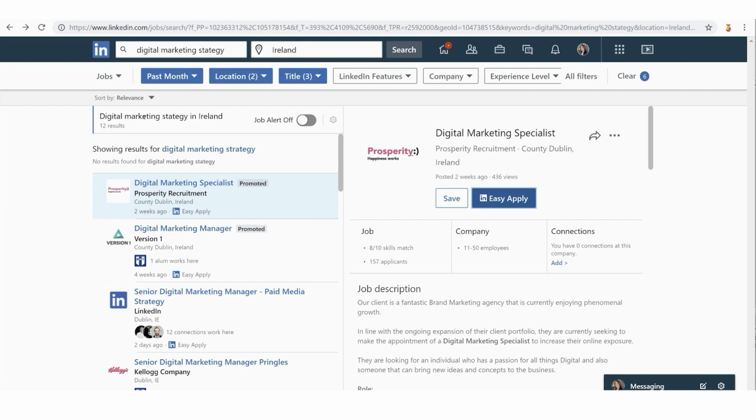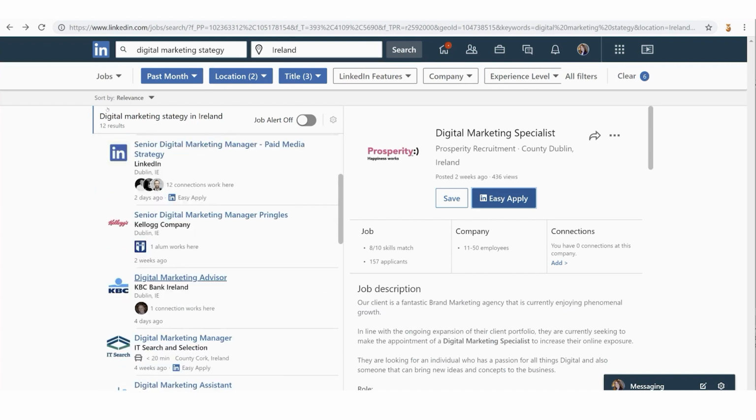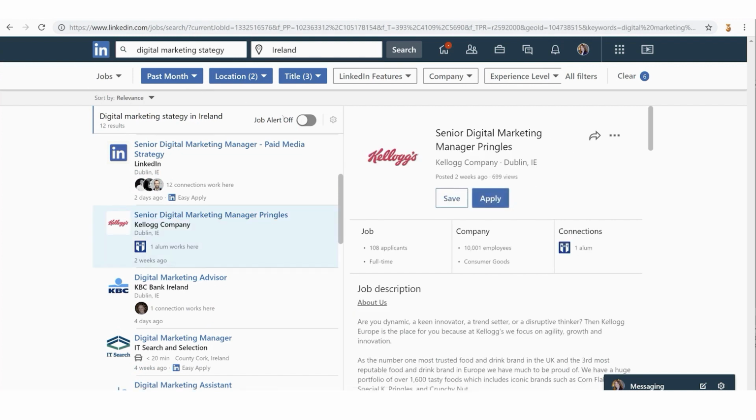So the next one is where we have no easy apply, where you have to apply directly to the company. So let's say the Pringles job. Absolutely love Pringles. And I can see here that the only options I'm given are that I can save or that I can apply.